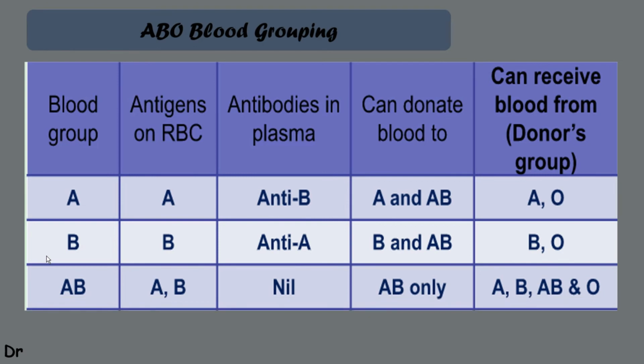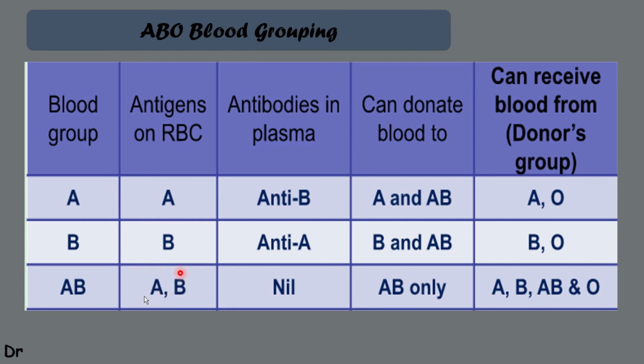Move to the next one, AB. You have to remember that antigen you just consider parallel to the enemies, and antibodies are the soldiers which kill the enemy. But always donor's enemy is recipient's soldier, always. Clear? Now you see AB blood group consists of both antigens, means it has both enemies, A as well as B. So it must not enter into a body which has soldiers that kill the A and B antigens.